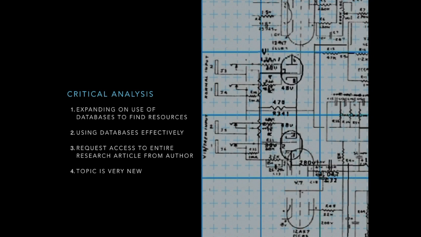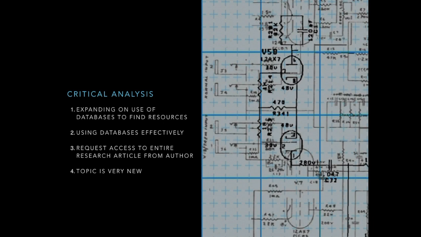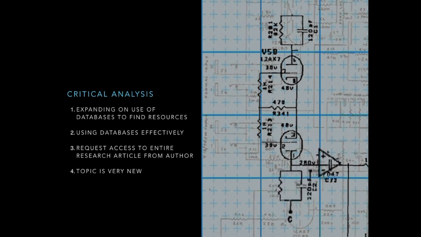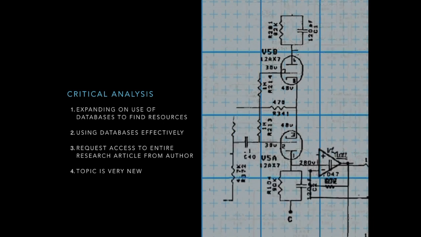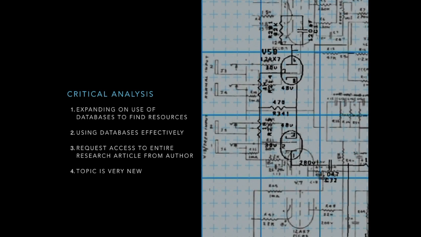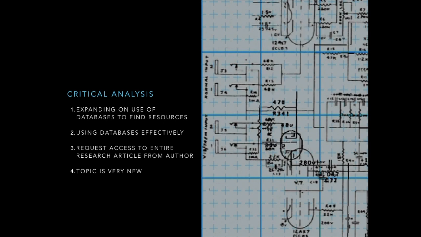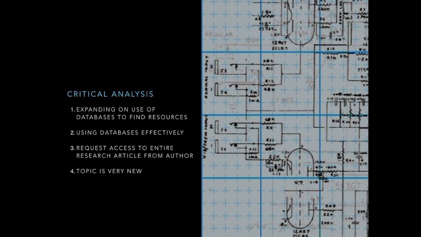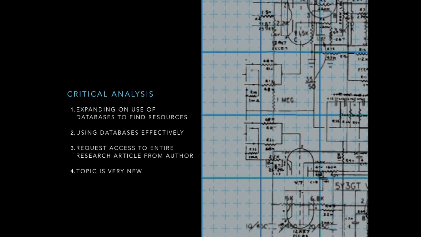Another option is purchasing subscriptions to a database outside of Ontario Tech to gain full access to research articles. Choosing a research topic that's brand new can be very challenging, but also rewarding. When a research topic is brand new, students are able to formulate a working hypothesis or theory that could be investigated further, thus promoting and developing critical thinking and information literacy skills.